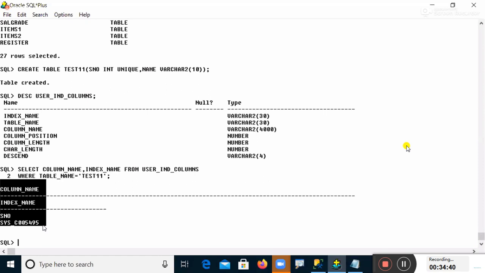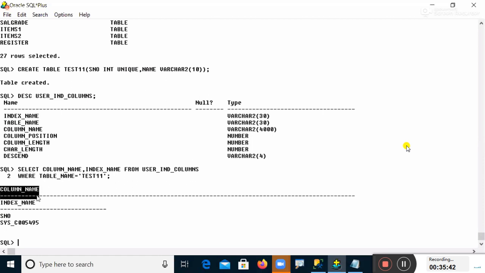Okay? Right. So when we create a table along with a unique constraint,